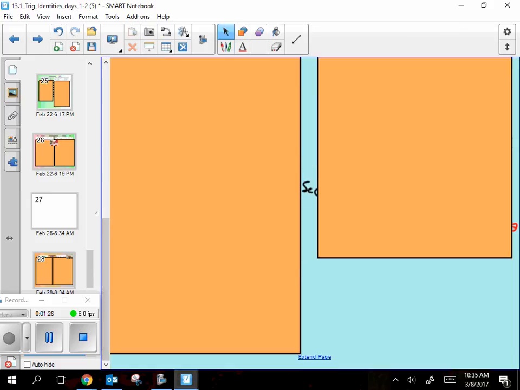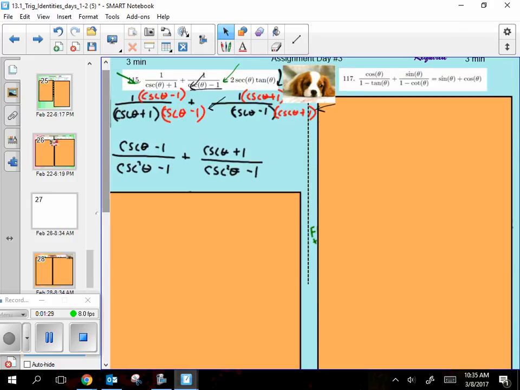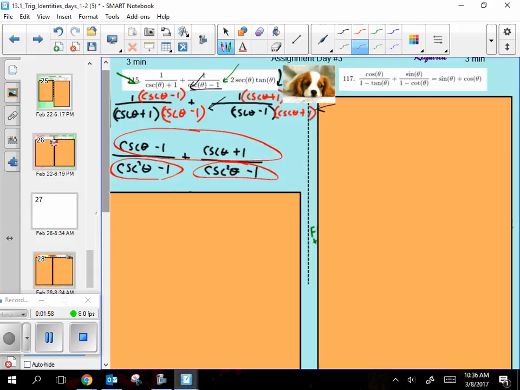When it simplifies down, we end up with the beauty of a conjugate: when you multiply it all out, you FOIL it out, you get a perfect square. Cosecant squared minus 1, and that's on the sheet. You guys remember that one from the one with the co-secant is cozy? Okay? And so then cosecant squared minus 1 must be the cotangent squared. All right, that's one of the ones you can get on the sheet. So that part there turns into cotangent and cotangent. And then the tops can be added, and that became 2 cosecant. And the minus 1 and the plus 1 just cancel each other out. So I got 2 cosecant